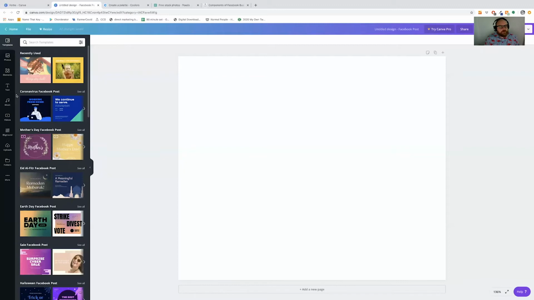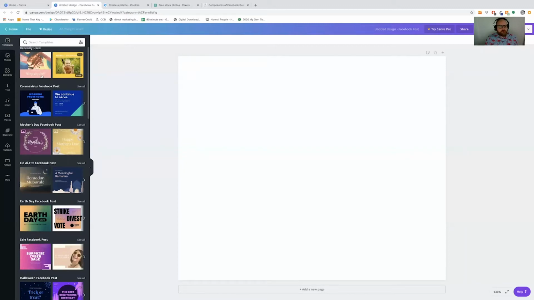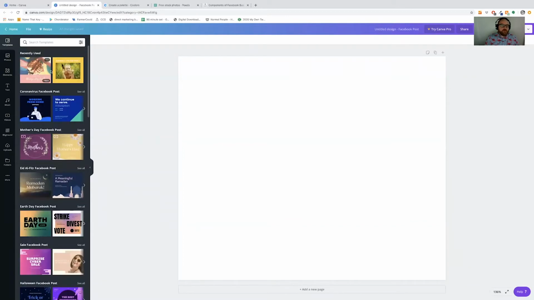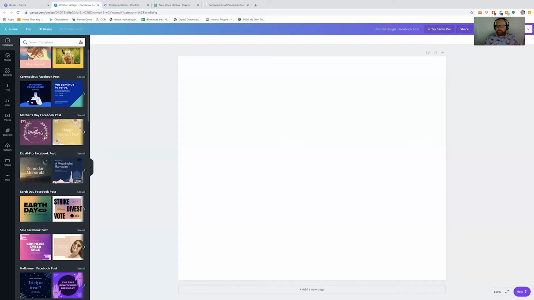Over here on the left, I mentioned templates. We have another way to view templates. These are all specifically Facebook post templates. It's cool. Sometimes you'll have recently used ones, but you'll also have ones that are related to something that's happening right now. So around Christmas time, you'll see stuff related to Christmas. Around Ramadan, you'll see things like those types of up-to-date